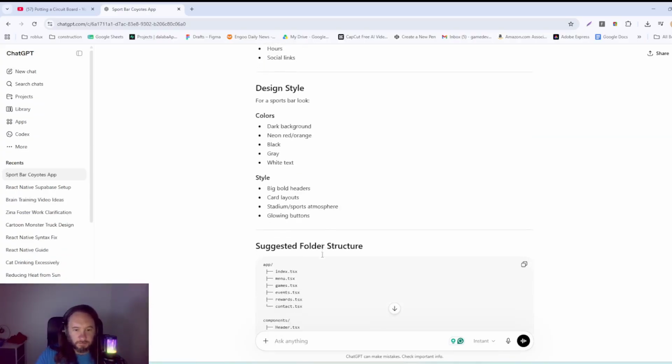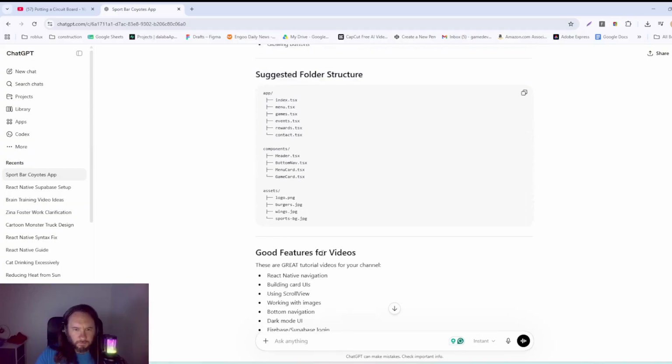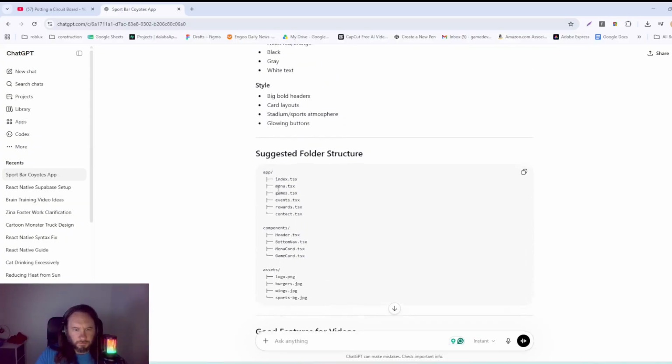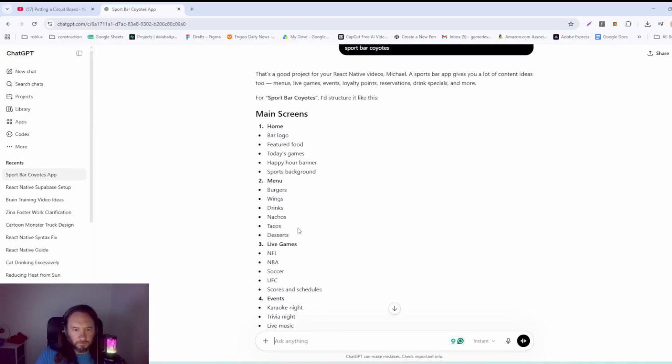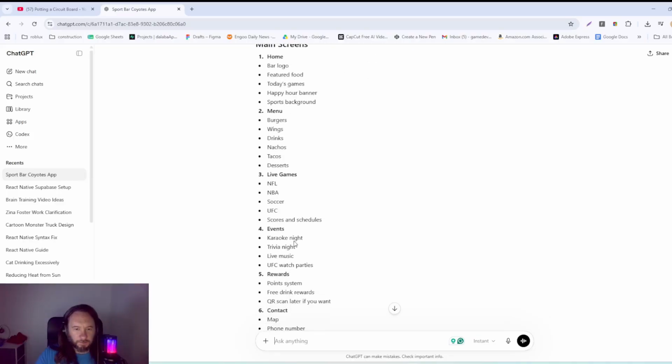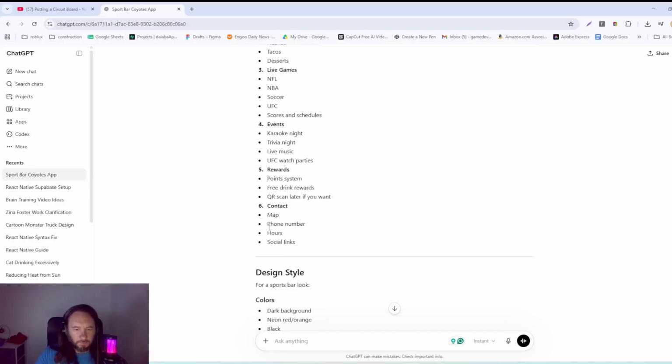So it needs home, menu. Okay, so nav bar needs home